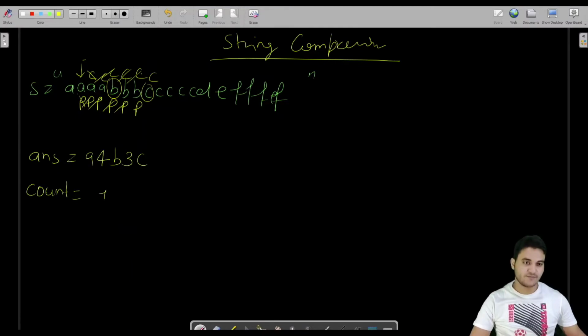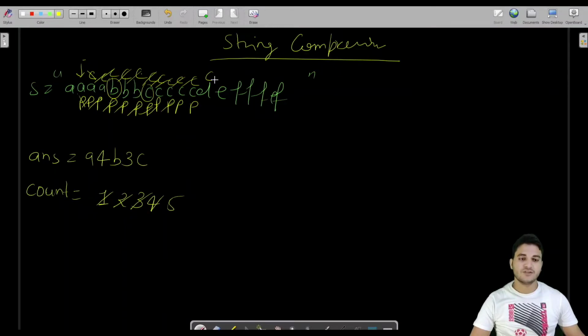Let us see one more iteration. Now previous is here, current is here. If current is equal to the previous one, yes it is, then we'll simply update the pointer by 1. Now previous is pointing to this one, current is pointing to this one. If current is equal to the previous one, yes it is, then we'll simply increase the counter by 1, of course. Now previous is here, current is here. Yes, in this case also they are both equal, then simply increase the counter and move the current and previous one. Again they are equal, simply increase the counter and again move the pointers C and P, which is previous one.